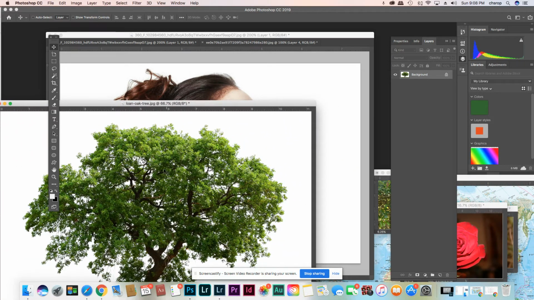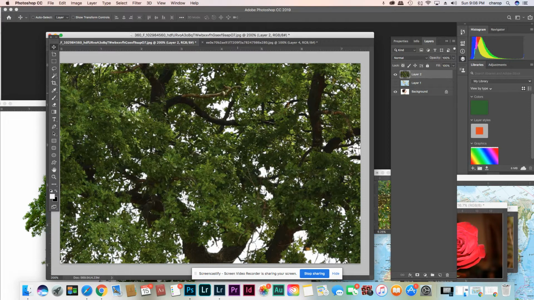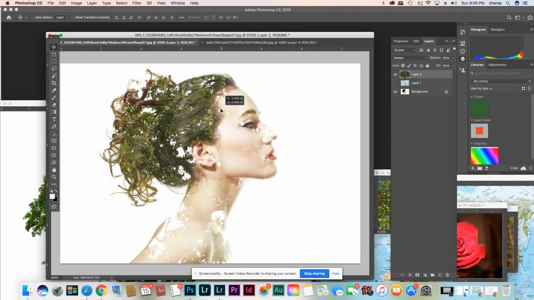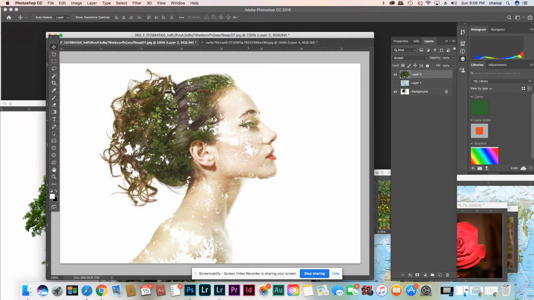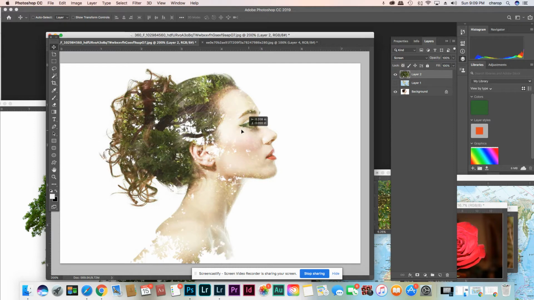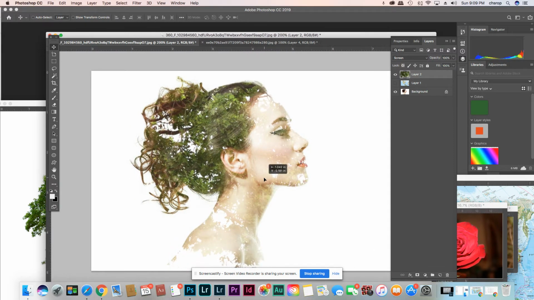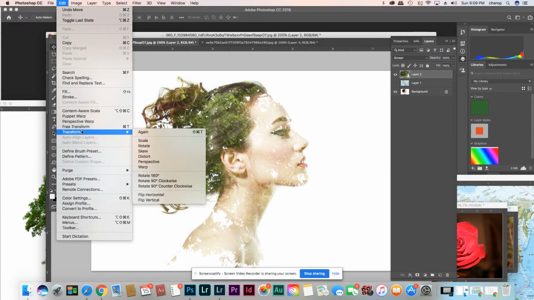right? You literally just take your move tool and drag it into the image. See it go on there, I already have one there. And you change it to screen, and this is what it does. It's really, really cool. It looks beautiful on the image, especially since we're doing stuff that has to do with the environment. So if you hit edit, free transform,